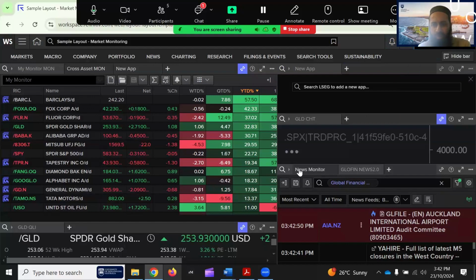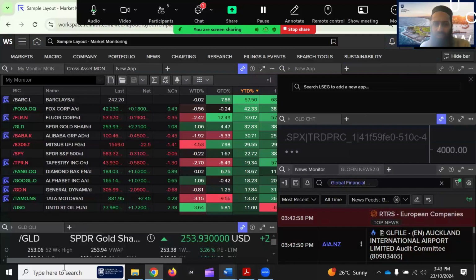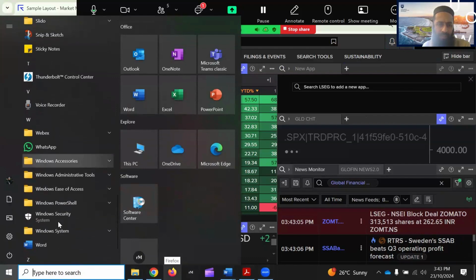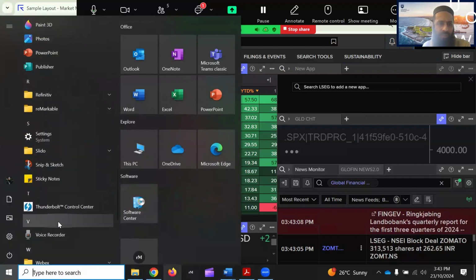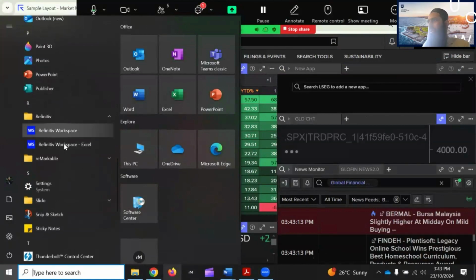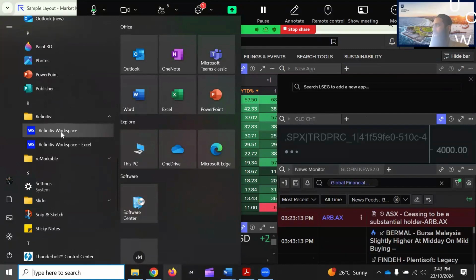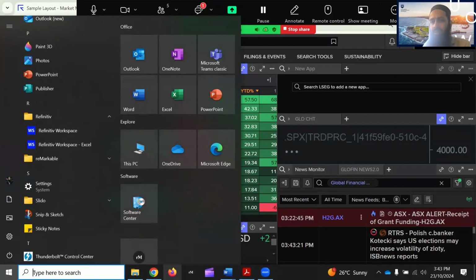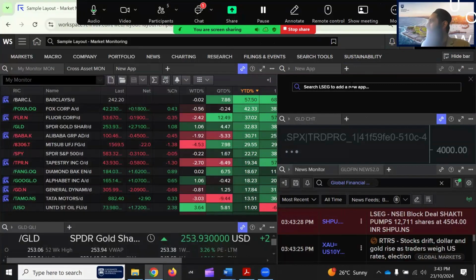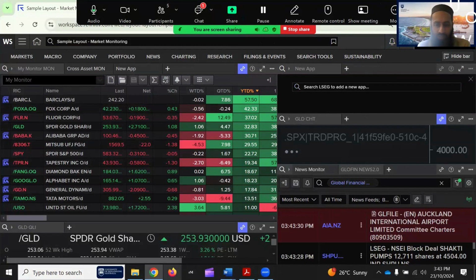Okay, so that's the workspace in the web browser. If you download the software, and I look at where it is installed in my computer, I think it should be under R, Refinitiv. So if you install the software, it should appear as Refinitiv Workspace. If I click on it, it will ask for username and password, but it is more dynamic and it is an app instead of using the web browser. But in some computers you may not have the app, so it is better to use the web browser to keep things moving.